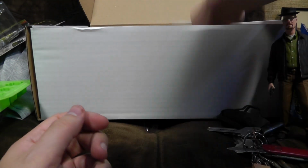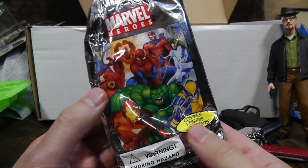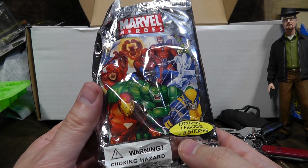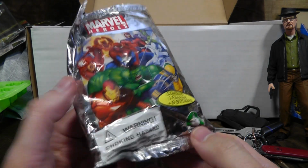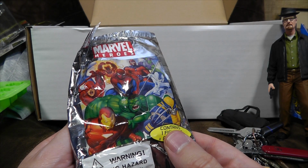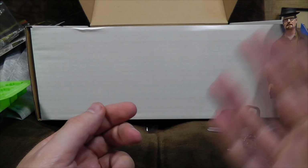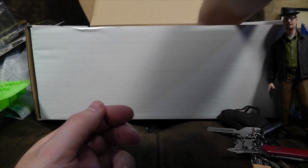Right, what else we got? Oh, another Marvel Heroes figurine bag. I've got another one of these. I got one in the last one, I think, and I'm going to save them for a blind bag video. You will never know what's inside or what it's like until I make the blind bag video, because then you'll know, because you'll watch it with your eyes. And I can see in the bottom is the thing I really wanted, and I am pleased. But first we must look at...